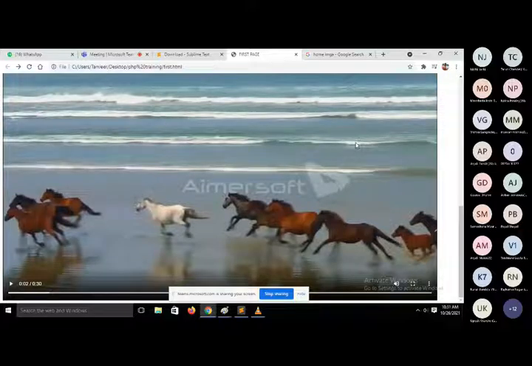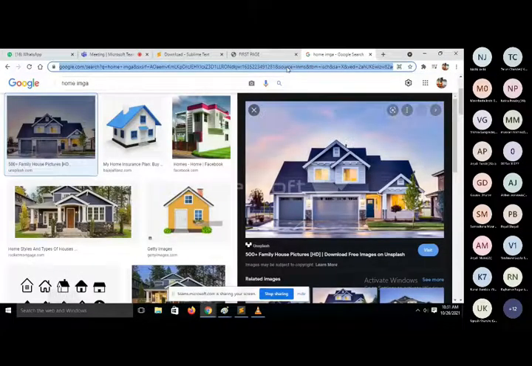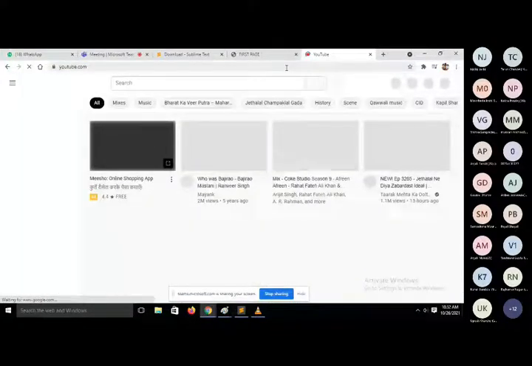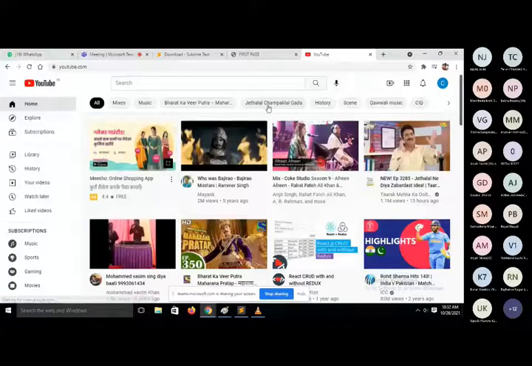But if we want to display a video from a live URL, from any website like YouTube or your own website, then you will use the iframe tag.